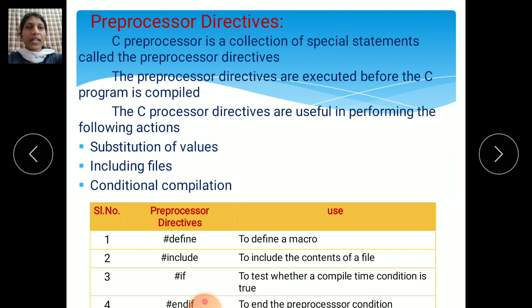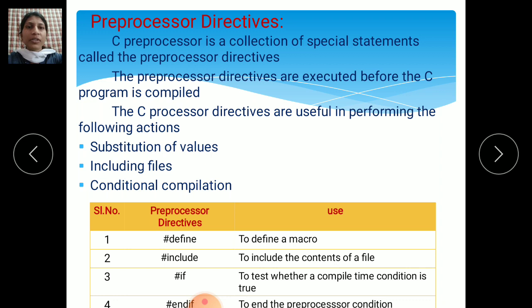Then preprocessor directive. In every C program we are using a preprocessor directive. What is the meaning of preprocessor directive? See, in header files we use hash include. This hash include is the preprocessor directive.